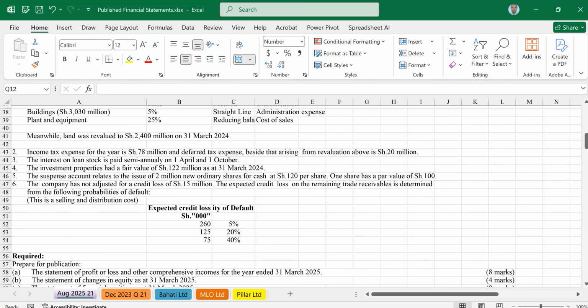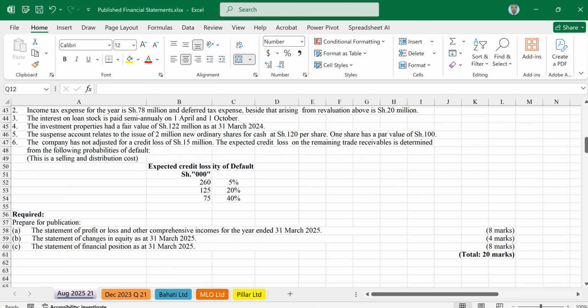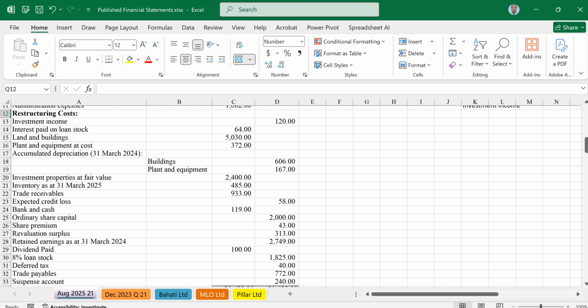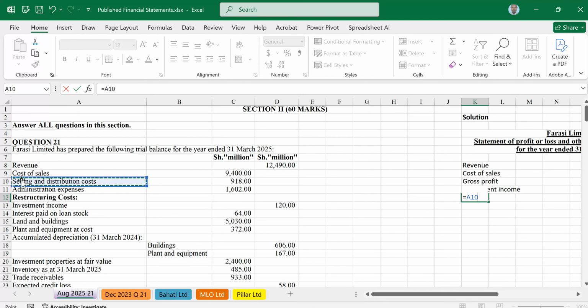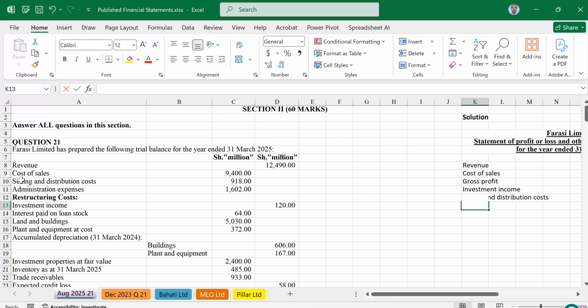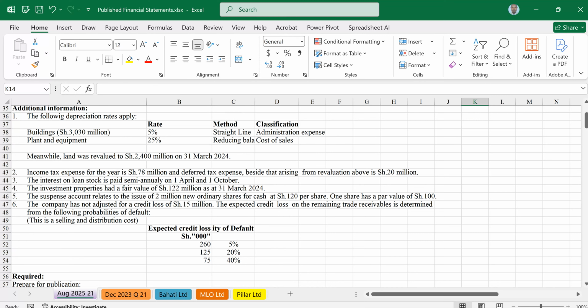Now, we want to check for, I think that is all. We move to expenses, starting with selling, then administration. So we have the selling, then we have administration expenses and how they were affected. Something that affects selling, selling is affected in additional information number